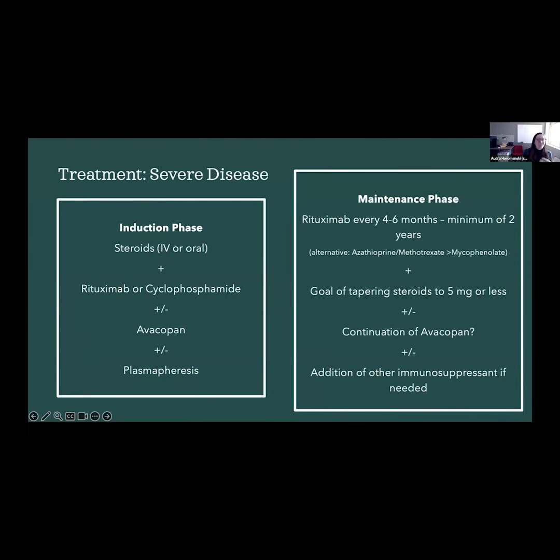In patients who have had flares of their disease, like very early, for example, sometimes we end up needing to add another medication to the rituximab. And sometimes that's those other medications I mentioned earlier, things like azathioprine or methotrexate or mycophenolate, just to add a little bit more immunosuppression with a different mechanism to try to better get the disease under good control. And we really do want to try to get people into remission, meaning no disease activity, and they're living their normal lives and feeling good with the use of these medications.